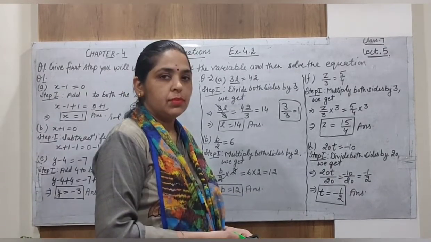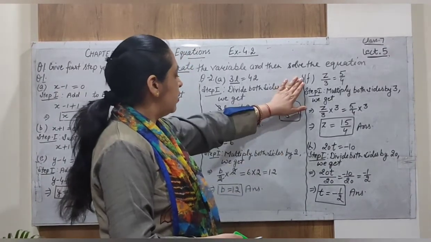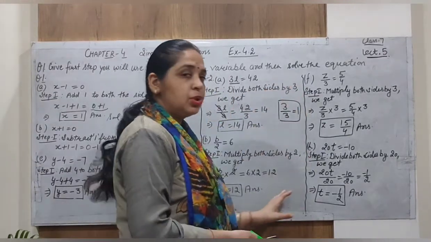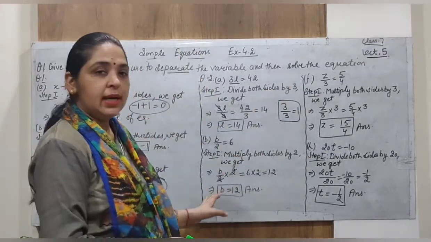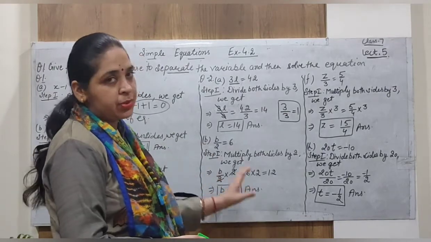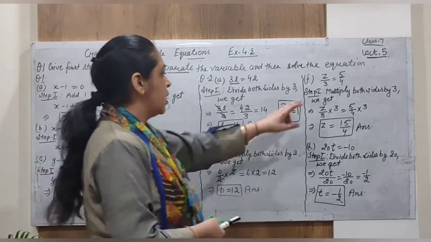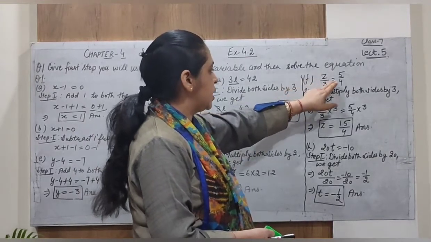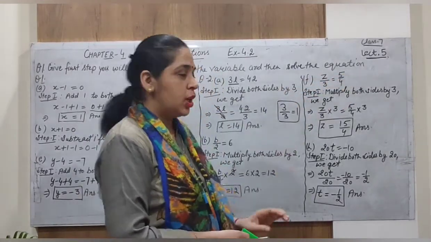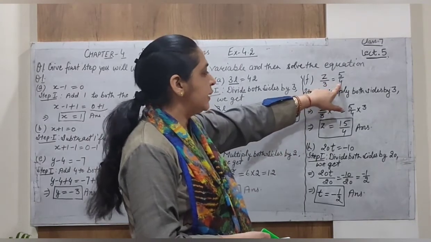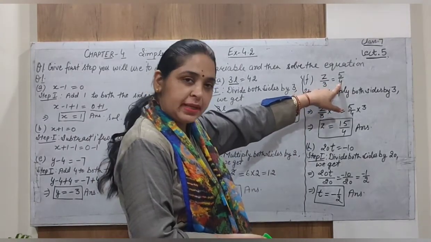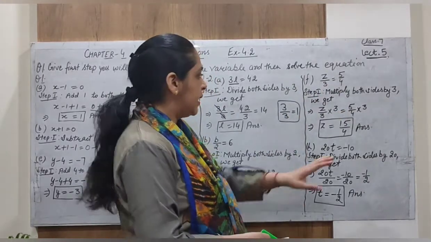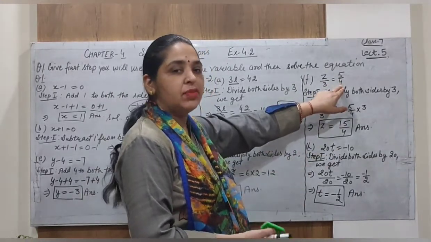Alright. Now the F part of the second question I have selected for you. You have to do all the other parts of question 1 and question 2. Complete these 2 parts. Now the F part is Z divided by 3 is equal to 5 by 4. On the right hand side, the constant can be given in the form of complete numbers, integers, or in the form of fractions. That doesn't matter, whatever form the constant is given in.